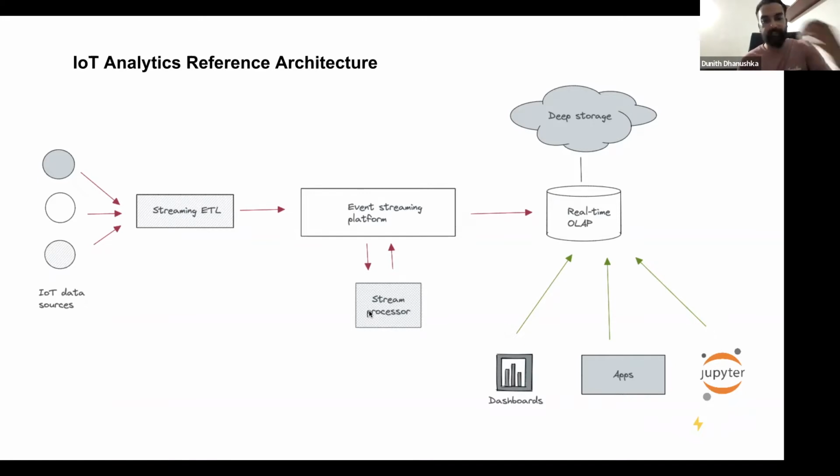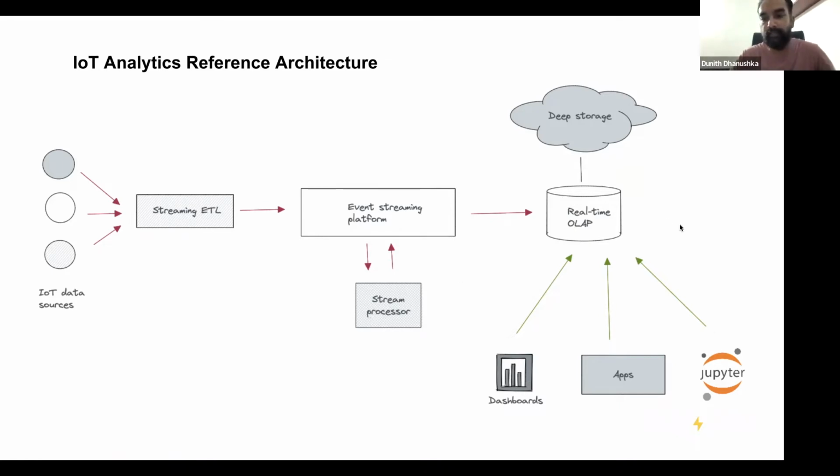You can do things like anomaly detection and rule execution. To do this kind of real-time processing, you can consider stream processors like Apache Flink, Samza, and also ThirdEye, which is a sub-component in the Apache Pinot architecture. We'll be talking about ThirdEye in another meetup.